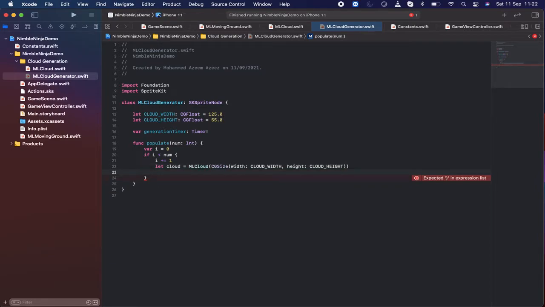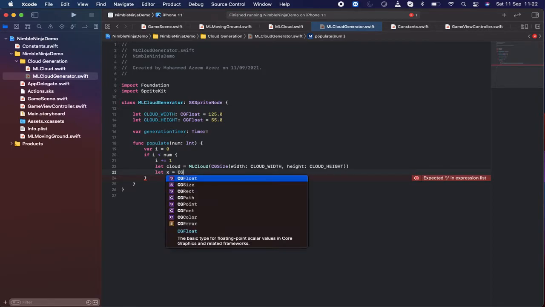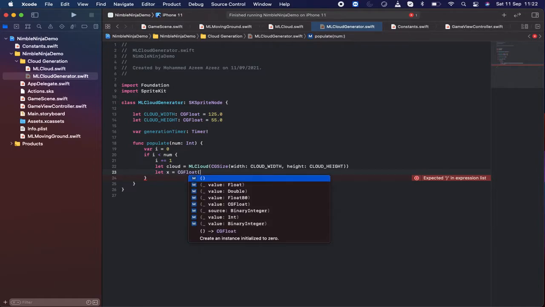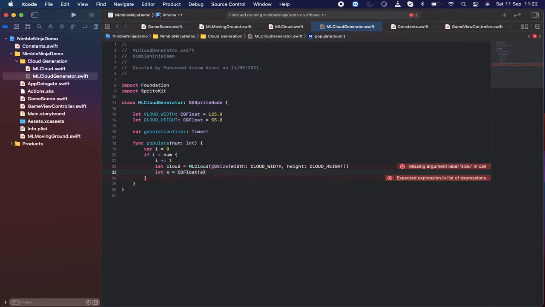Alright, and then I'm going to make a constant x equal to CGFloat, and the CGFloat will be of random type, so it will be of ARC random. And inside that random I want to bring a uniform kind, so underscore uniform, and inside that uniform UInt32 of size dot width and minus size dot width divided by 2,